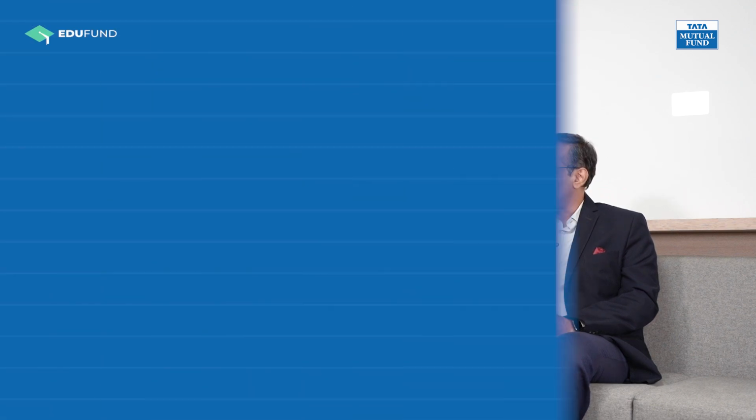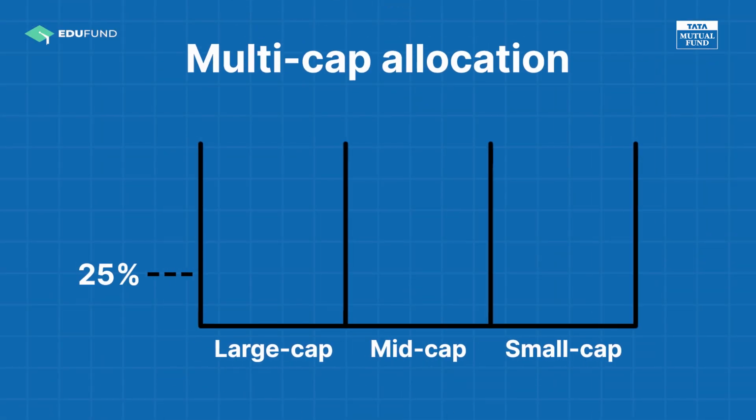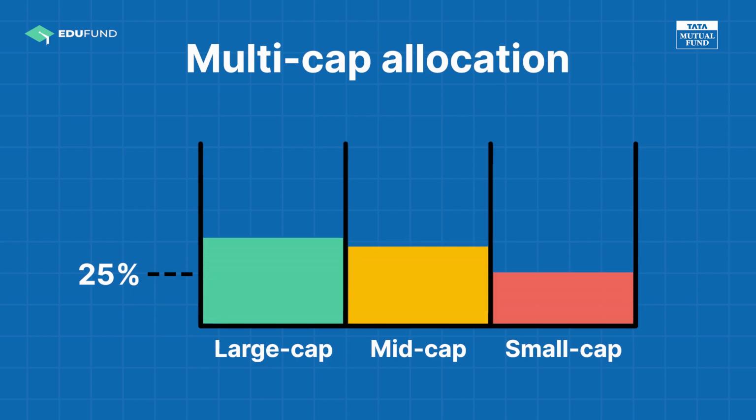Multicap, on the other hand, has certain regulatory restrictions whereby 25% of the portfolio has to be allocated to each of large cap, mid cap, and small cap. And the last 25% is where you have the flexibility to decide where you want to move. So, in a sense, FlexiCap can move to any one market cap segment if they wanted to, whereas a multi-cap fund can't have more than 50% allocated to any one market segment, right? So that's the regulatory restrictions that the multi-cap funds have to work with.